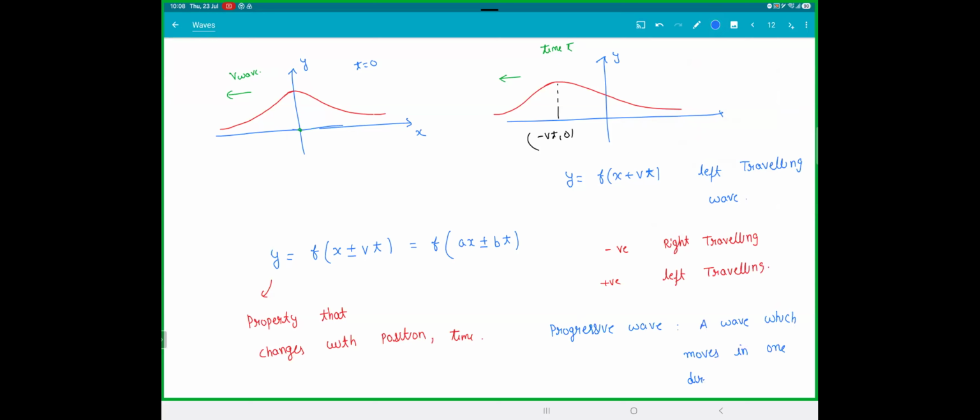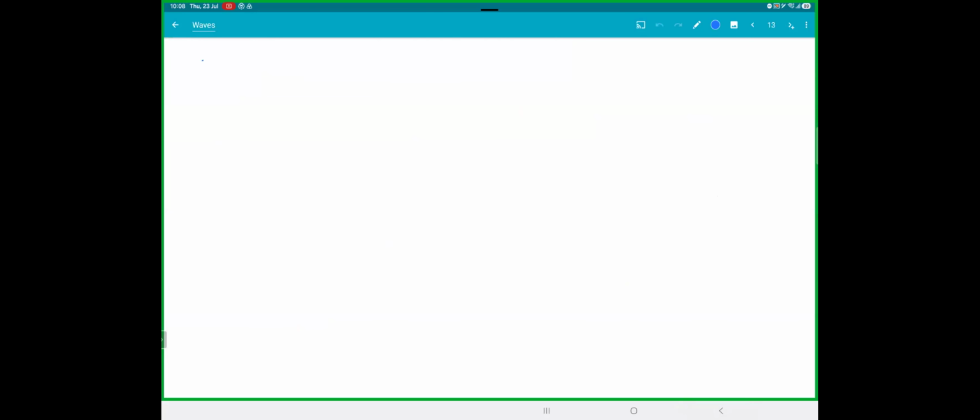Don't worry, we'll see more examples on this. You will get the hang of it. But for now, just understand that, if I talk a little more on this, again, you can't study a particle with both x and t at the same time. So if we keep time constant,